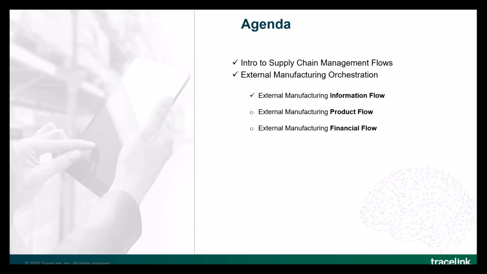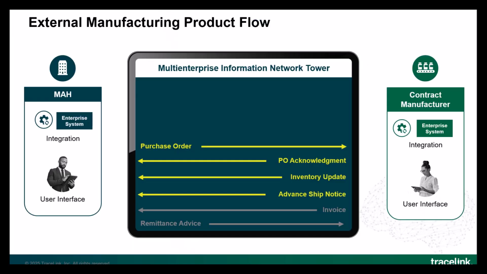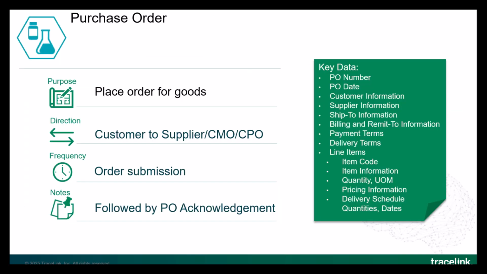Now onto the product flow. In the external manufacturing product flow, we can reference purchase order, PO acknowledgement, inventory update, and advance ship notice. We won't spend too much time on each of these, as they're mostly very common transactions that you probably exchange every day. A purchase order is a formal request sent by the buyer to the supplier to procure goods or